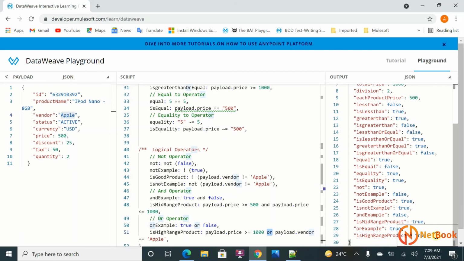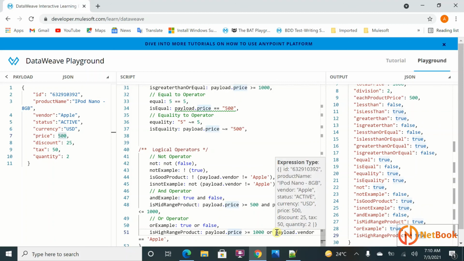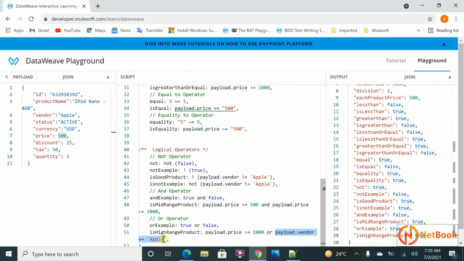You can see it is returning true. My price is currently 500 over here. Is it greater than 1,000? No, it's not greater than 1,000. But still the vendor is Apple, so it is going to return true. One condition satisfied, so this output is going to return true.